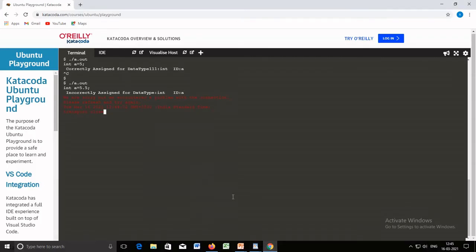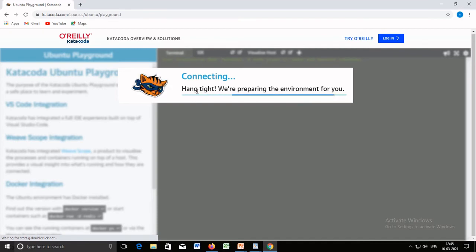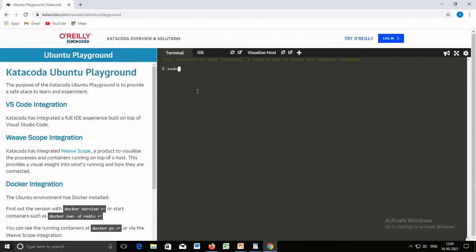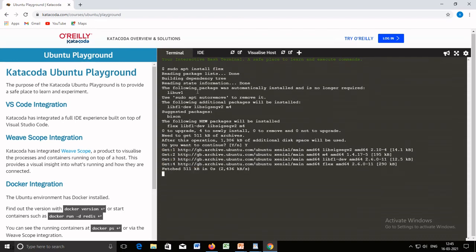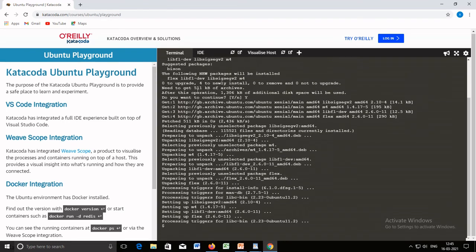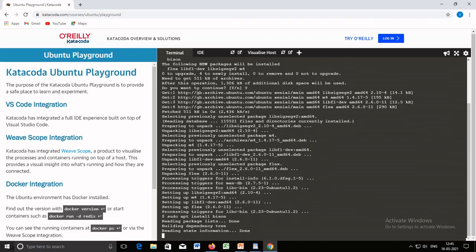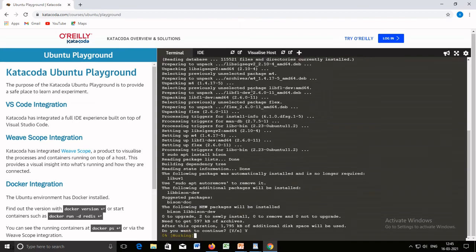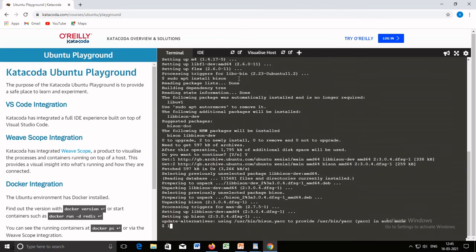Now let's see how I've used this, how I have implemented it. We are using a runtime environment here. I'm giving sudo apt install flex. Right. Now next sudo apt install bison, because we need both the lexical analyzer as well as the parser. It is ready. Files are not there. Now next what I'm going to do, I'm going to create the file vi type.l.